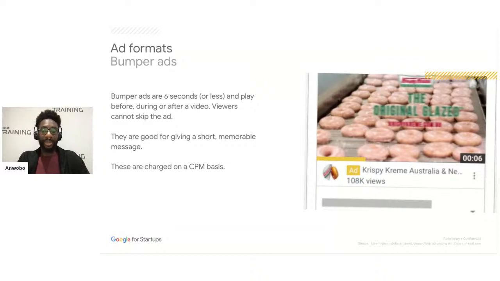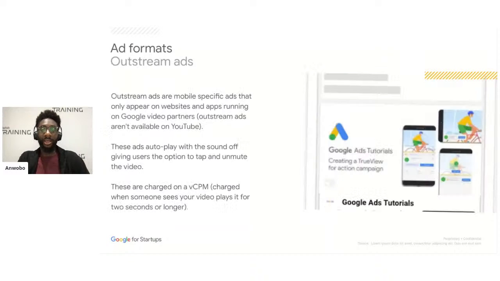So the final ad type that I'd like to share with you guys are the outstream ads. And outstream ads are great for expanding your reach way beyond YouTube, but this is limited and it's specific to mobile devices only. So they are used in what we call mobile web placements, and this is when users are browsing different websites on their mobile.